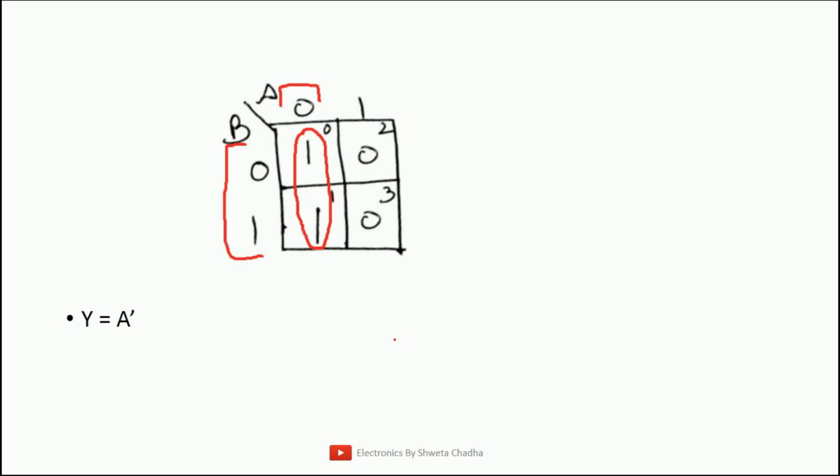As already discussed, we can only have horizontal or vertical groups. Grouping of 4 is not possible because to write the answer in SOP we can only group ones with ones. So grouping of 4 is not possible. Grouping of 2, yes, it is possible. So I have designed a group of 2, as you can see over here, which has been highlighted. This is the group which I have designed.